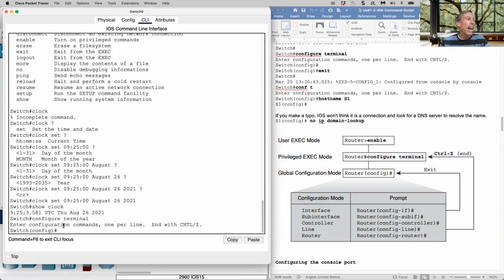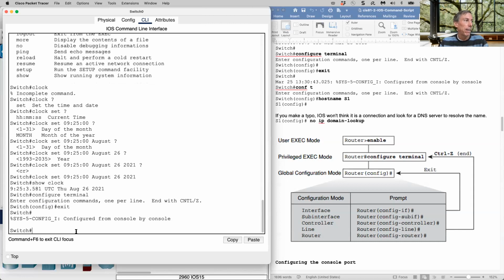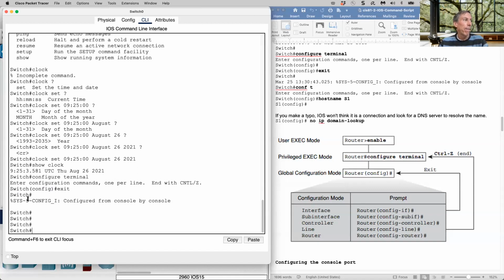All right. So that configure terminal takes us to global configuration mode. If I want to get out of global configuration mode, I type exit. Okay. And it takes me back to that kind of root prompt. I'm going to go back into global configuration mode, but I'm going to type conf t. So all I need is what's unique, and that's unique. Conf t,